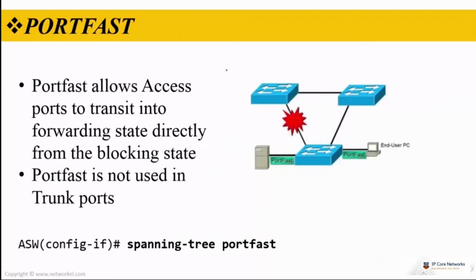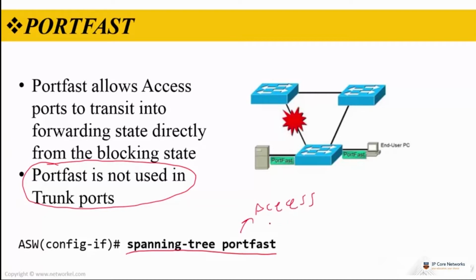And the third feature is PortFast, which allows access ports to transition to the forwarding state directly from the blocking state. And here is an important point when you are using PortFast. PortFast is not used on trunk ports, guys. You need to use PortFast just for the access ports. The configuration for PortFast is pretty simple, that's just spanning-tree portfast, but you need to use this